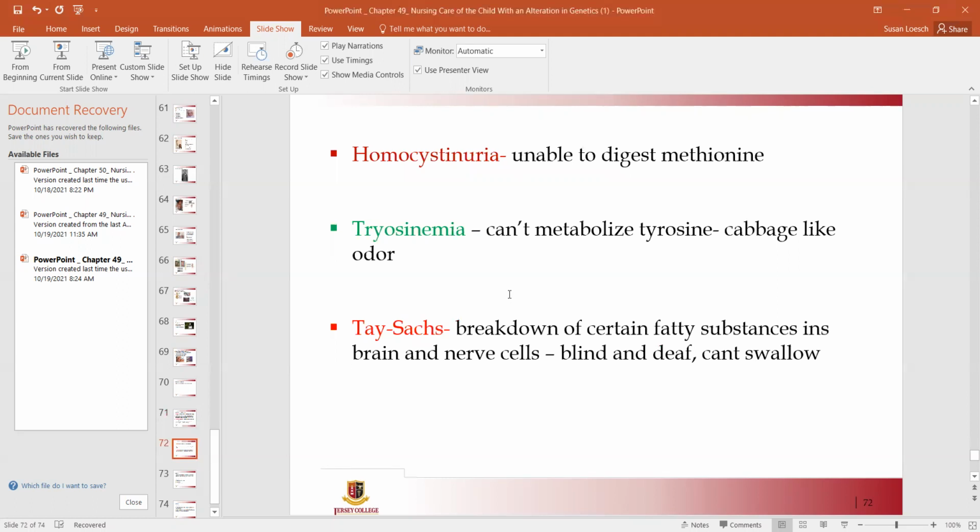Homocystinuria, this is unable to digest methionine, the deficiency in the enzyme needed to digest a component of a food called methionine, which is an amino acid. So no symptoms at birth. In the first few months of life, symptoms will include vomiting, poor feeding, failure to thrive, hypotonia. If undetected and untreated, it can lead to intellectual disability and psychiatric disturbances, developmental delay, displacement of the lens of the eye,